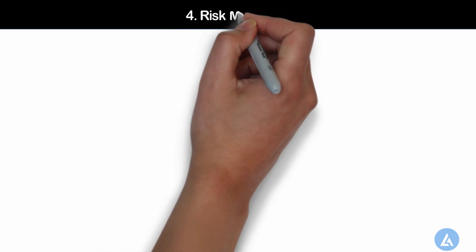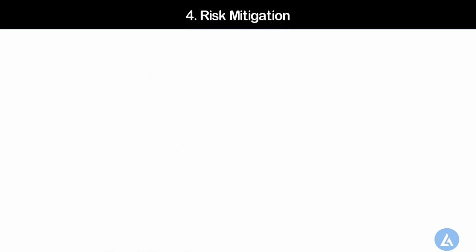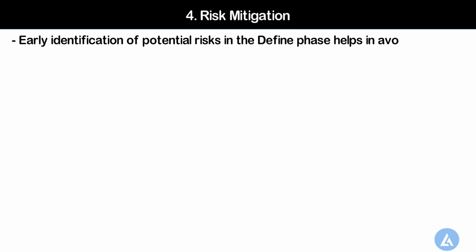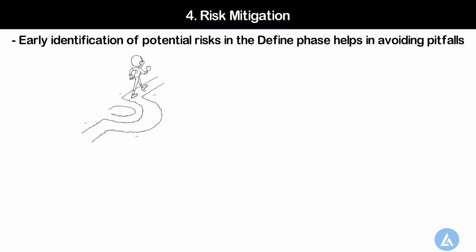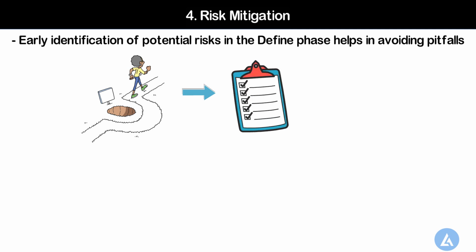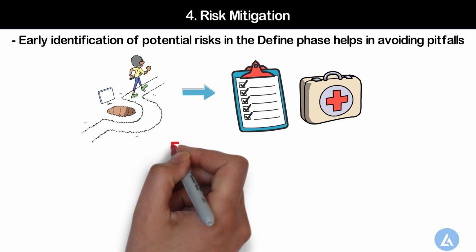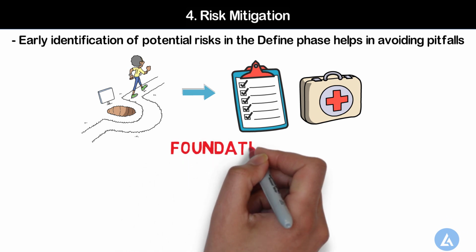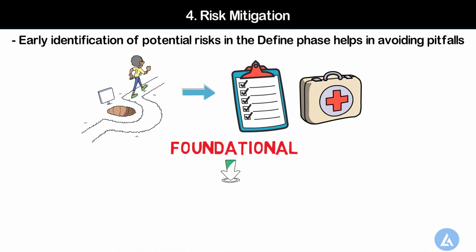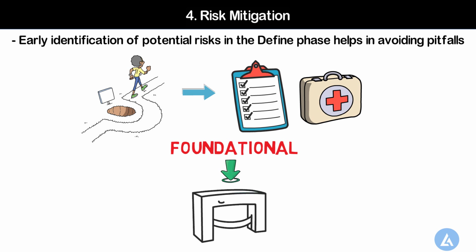The fourth important reason is risk mitigation. Early identification of potential risks in the define phase helps in avoiding the pitfalls that could emerge later in the process. This is done by creating the contingency plan as a part of the project charter. While all phases contribute to the success of the Lean Six Sigma project, the define phase is foundational because it ensures a project starts on the right foot and lays a strong groundwork for the rest of the DMAIC